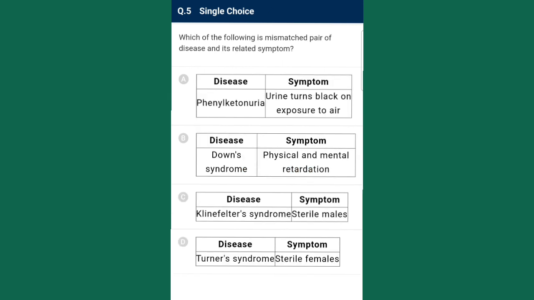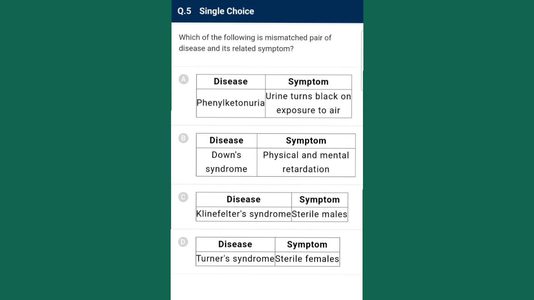Question number 5. Which of the following is mismatched pair disease and its related symptoms? Phenylketonuria is an autosomal recessive trait which is characterized by an inability of body to utilize essential amino acids. Phenylalanine is converted to tyrosine with the help of phenylalanine hydroxylase enzyme, but in this disease the mutation appear in the